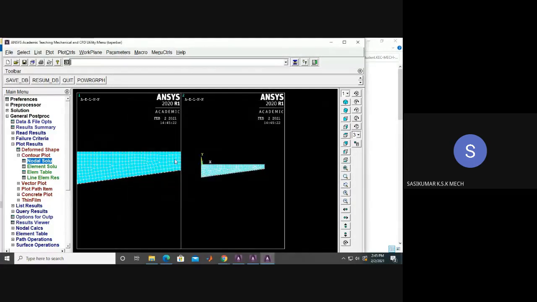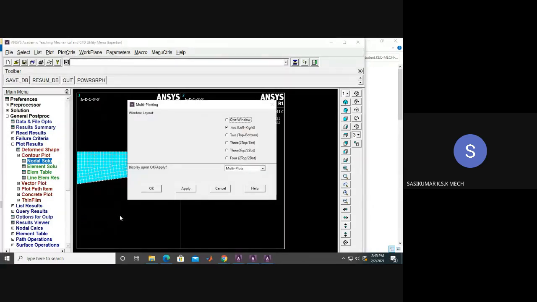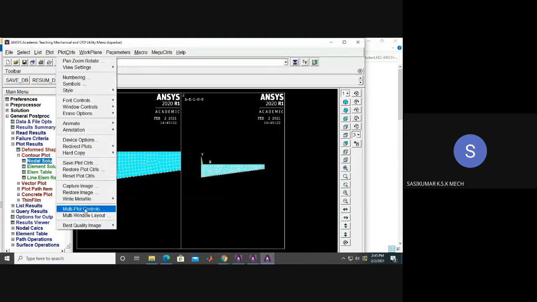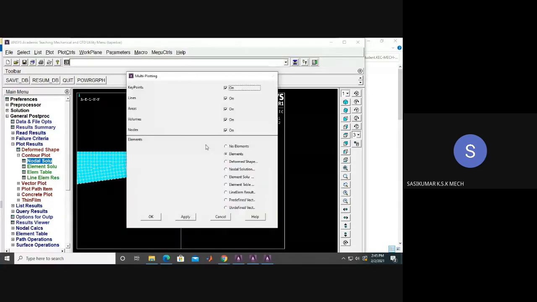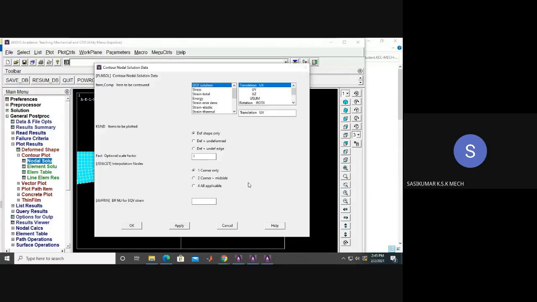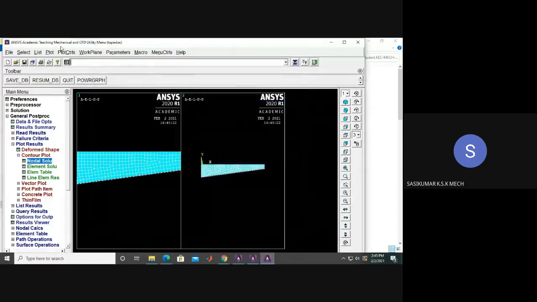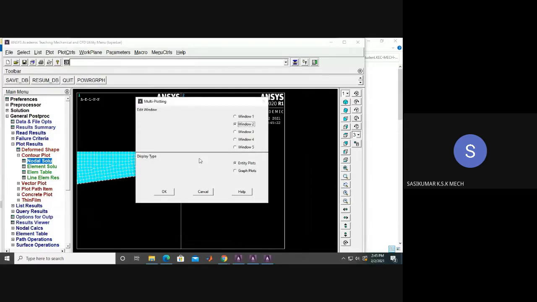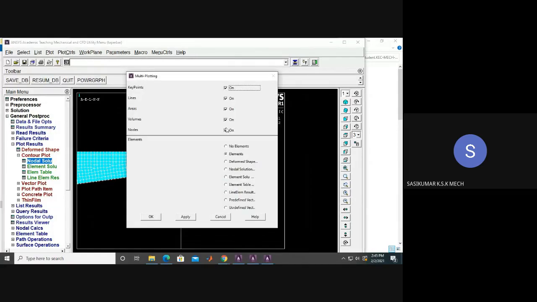Just give OK, and go to plot control, multi plot control, window 1. So you switch off all those things. Nodal solution, just give OK. Apply. Plot control, multi plot control, window 2, just give it OK.